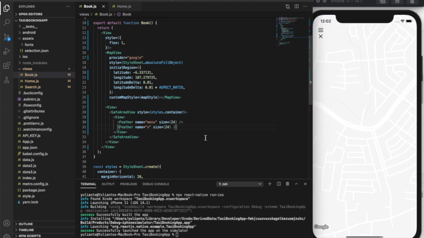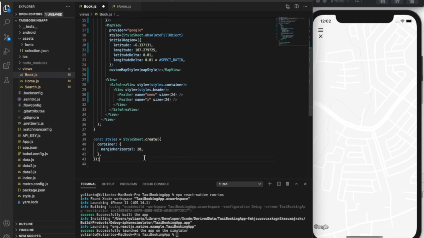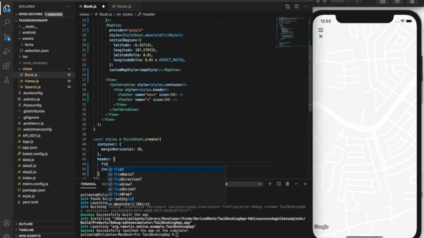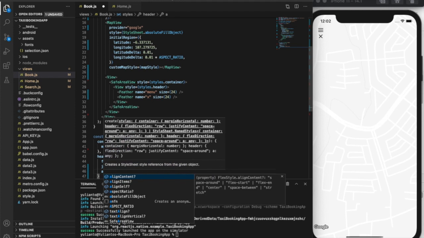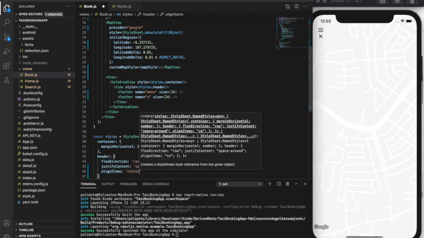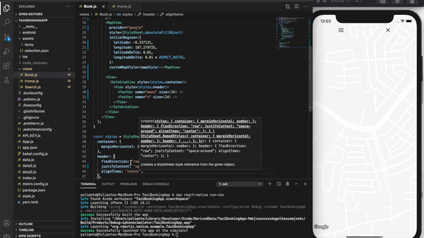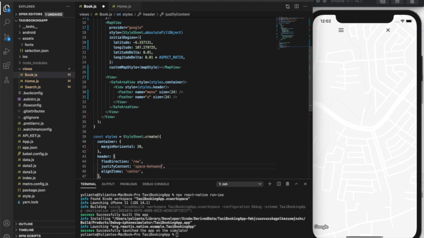Okay, and then I'm gonna change the style, so the style will be header, and the header will have justify content center, space between, and I'm gonna change the flex direction to row. The align items will be center, space between. Okay,